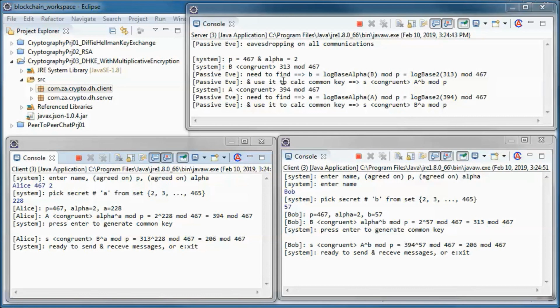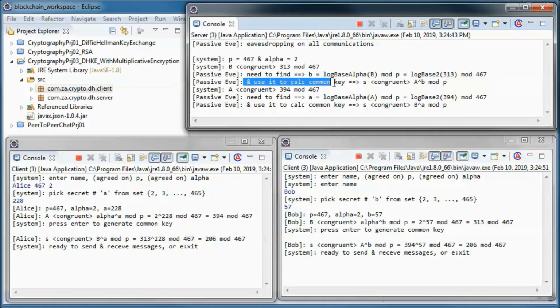In the previous Diffie-Hellman tutorial I had a typo here, so this is the correct display here and here.